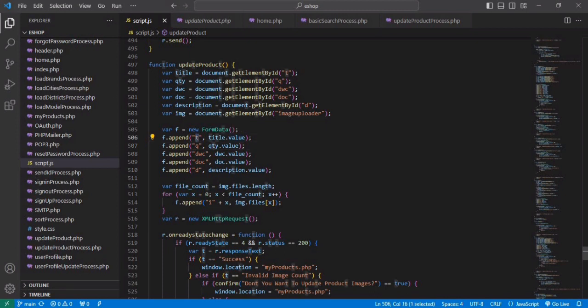Now this T is the form name, not the ID of the HTML side. This is the form name, not the ID. So T is the form name, and title is the variable which holds the ID of title. So I have named the T title value, Q quantity value,